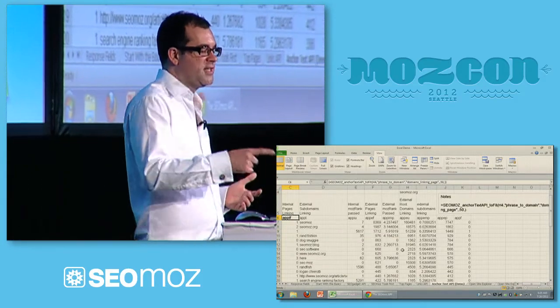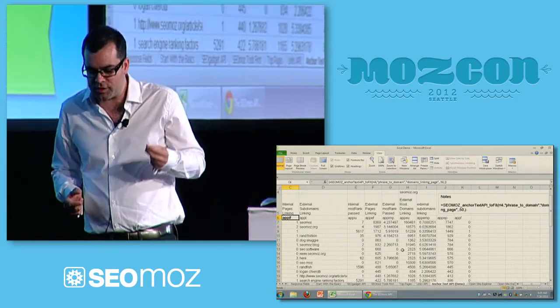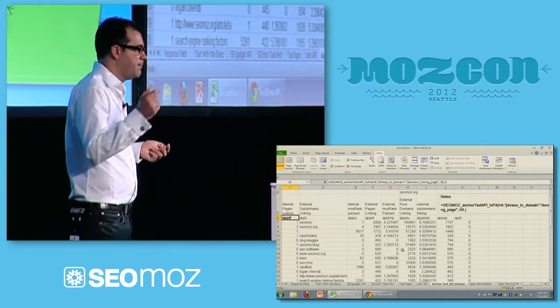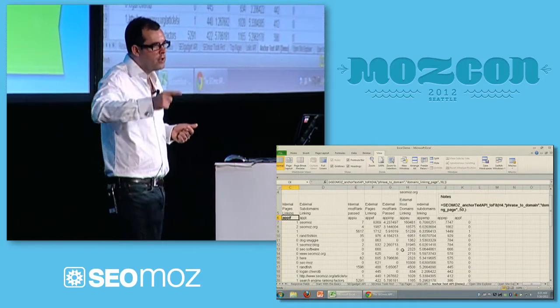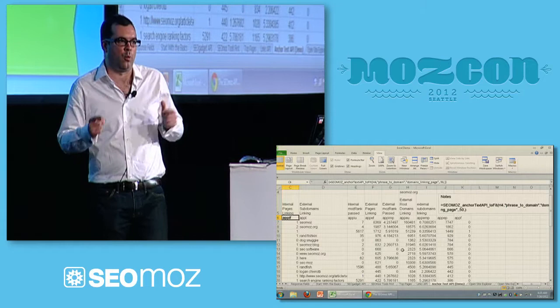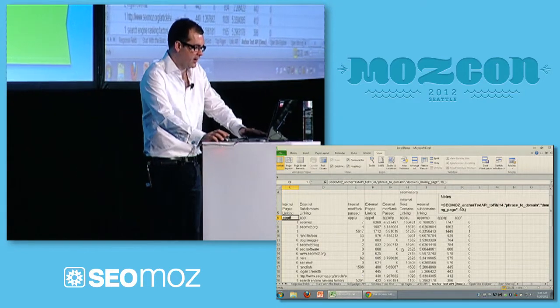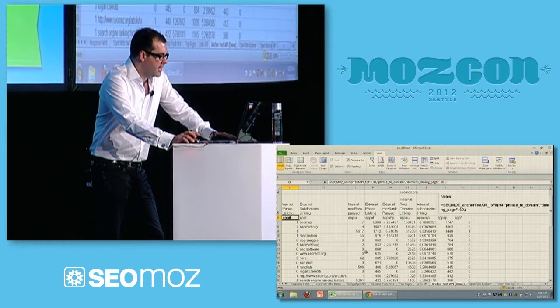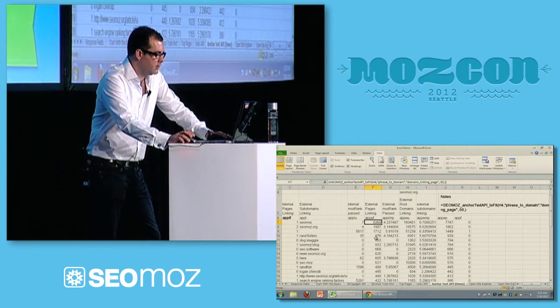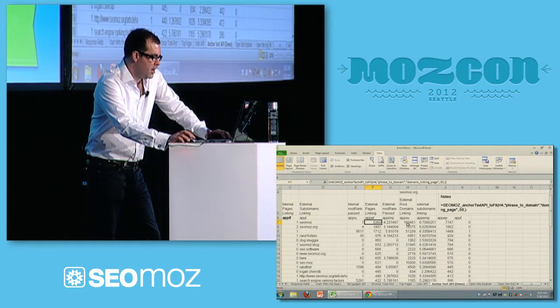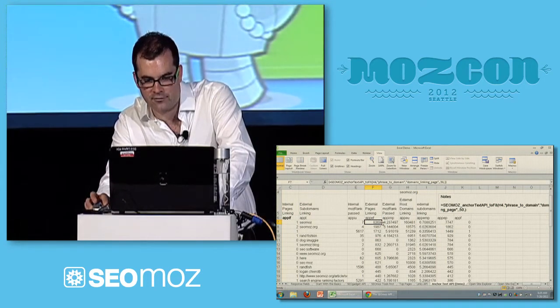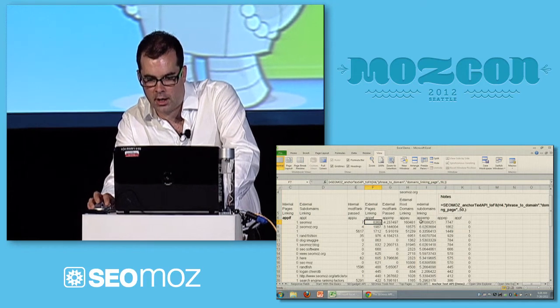So what this is actually doing is it's showing me the most popular terms or phrases linking to my domain in order of the number of subdomains linking with that anchor text. So this is really interesting when you look at this data, because if you look at external pages linking here and compare that to the number of external subdomains linking, actually, I think I've got my formatting wrong.